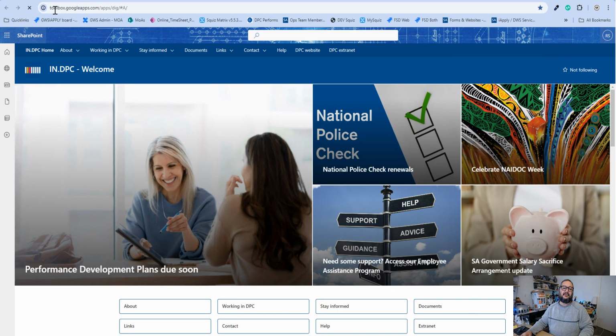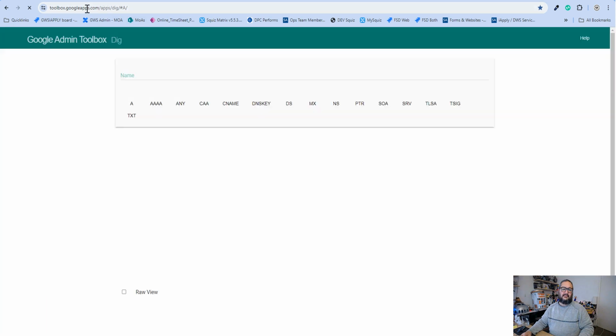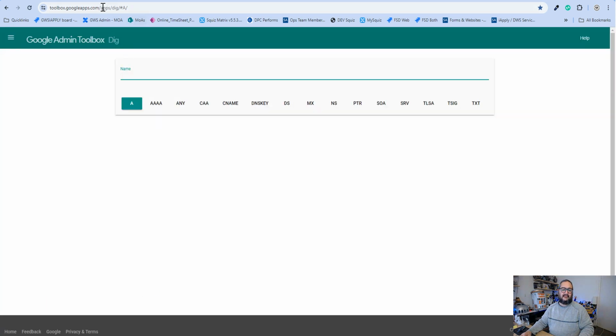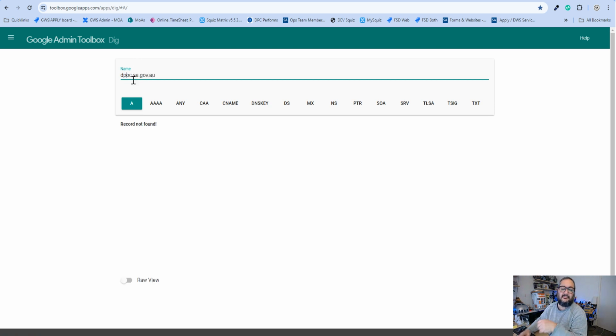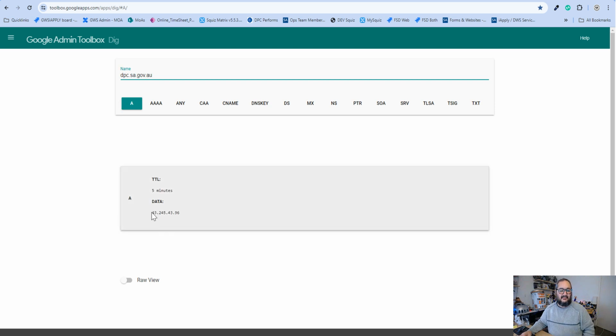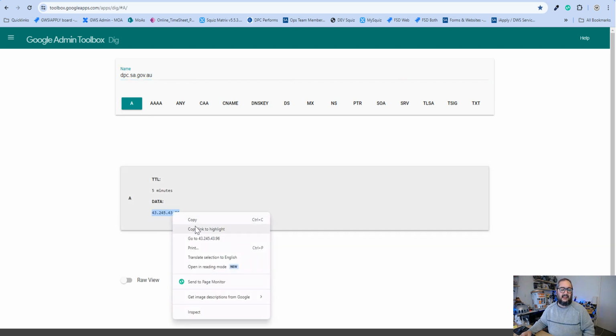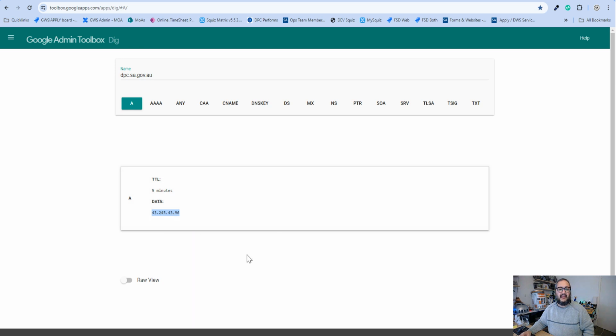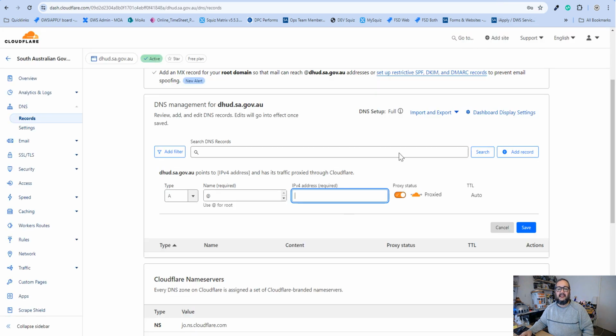You can go to the Google Apps toolbox, and you can put in dpc.sa.gov.au, which, dpoc is wrong, dpc, and the A record for that is the same IP that we use for all of ours. So I'm going to copy that, and we're going to jump back over here,